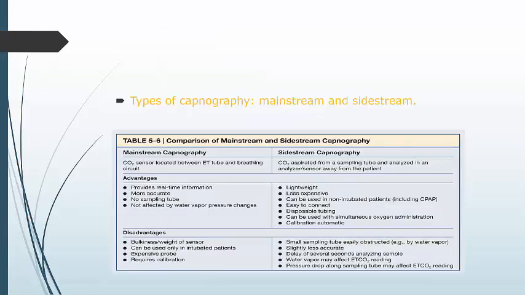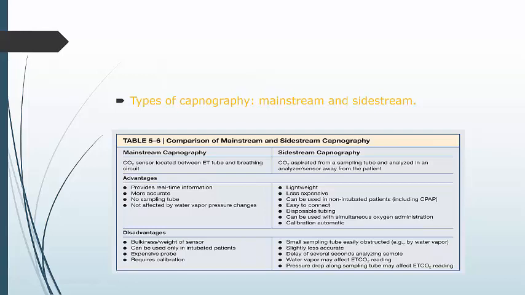There are two main types of capnography that you will encounter, and they are mainstream and sidestream. The biggest thing here is where that sensor is actually located. In mainstream, the CO2 sensor is located between the tube and the breathing circuit, where the patient breathes into the breathing circuit. Advantages here are that it provides real-time information, it's more accurate, and there's no sampling tube. Your disadvantages: it's bulkier, it may weigh more, it can only be used in your intubated patients,